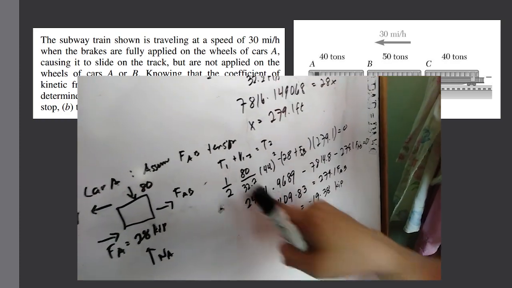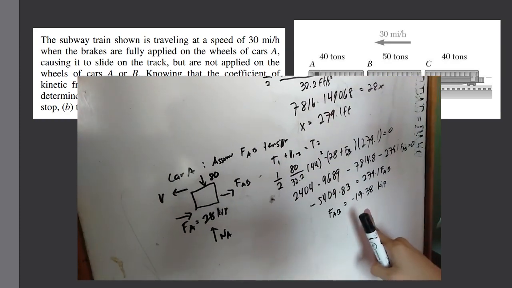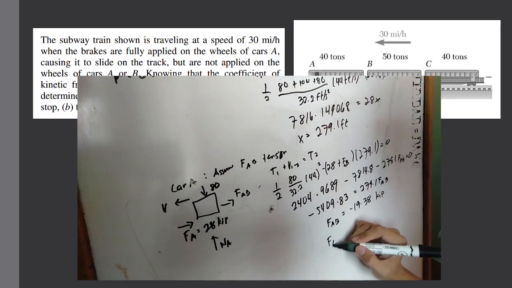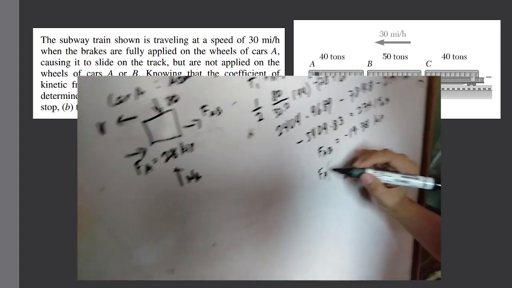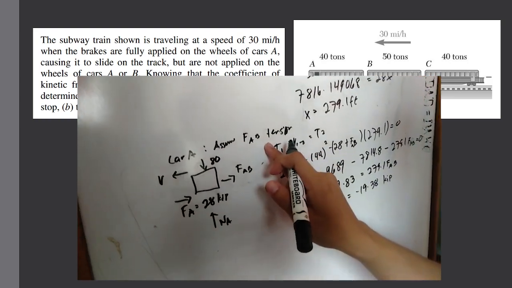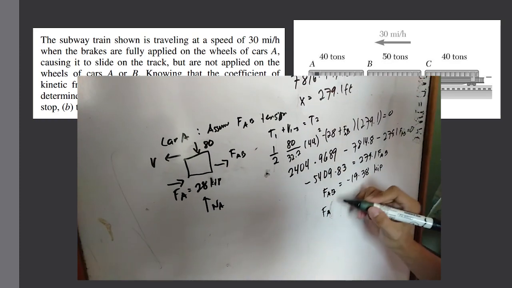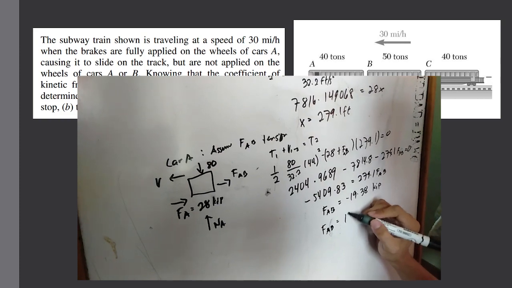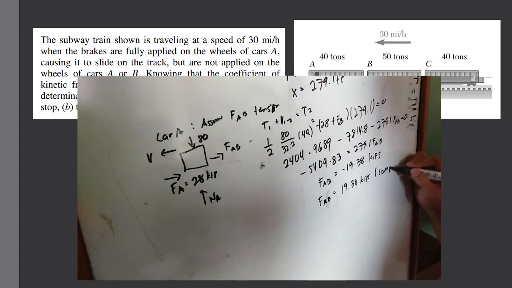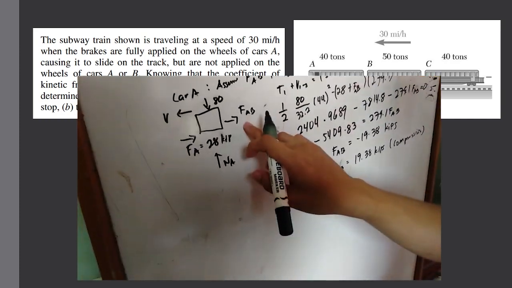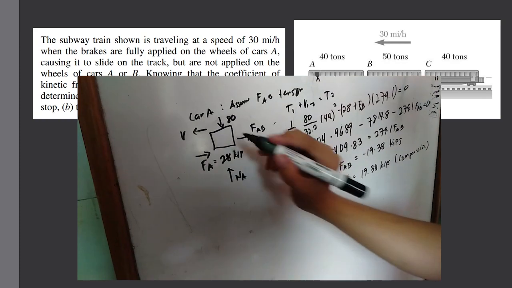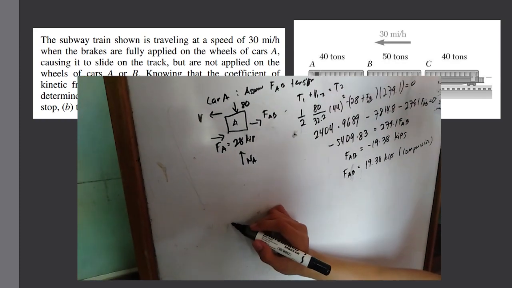Since it is negative and we assumed tension, that means it is compression. The assumption of tension was wrong because the answer is negative, so the answer needs to be positive. FAB is equal to 19.38 kips, which is compression. So, instead of assuming that the force is going this way, we should assume that the force is going that way. Now, for car C,